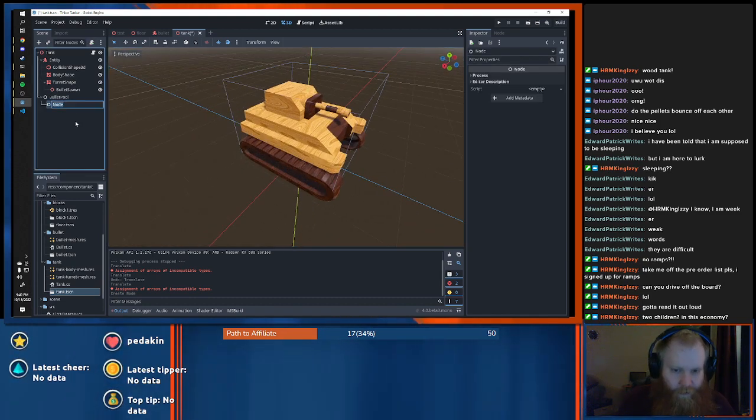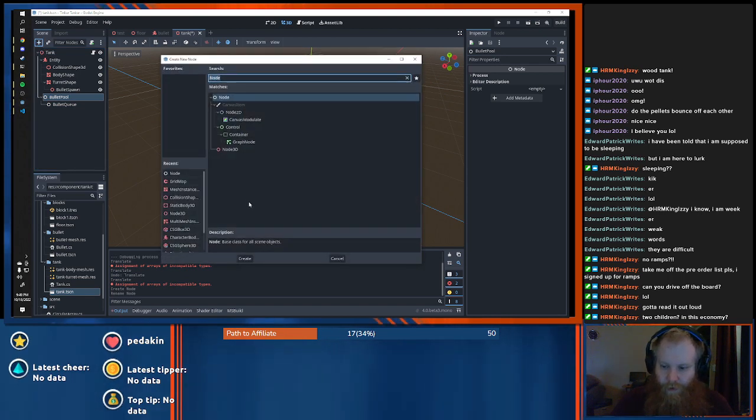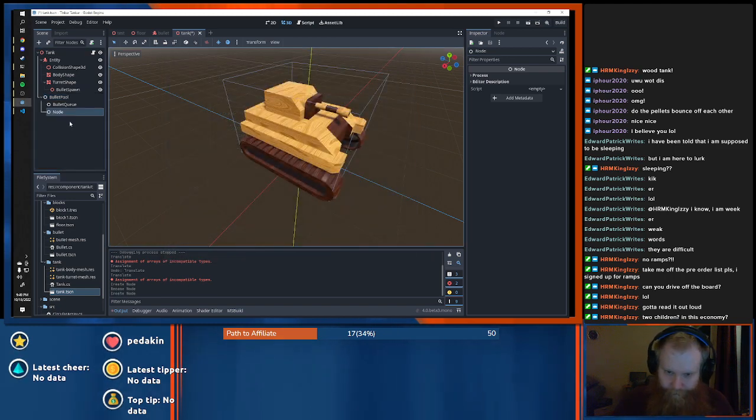Okay, we're going to call this the bullet queue. And we are going to make another one. And let's see, we're going to call this active bullets.